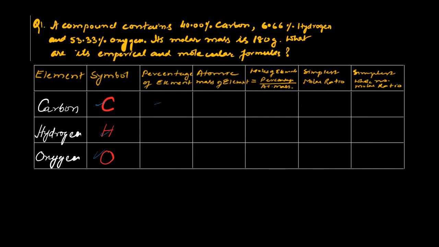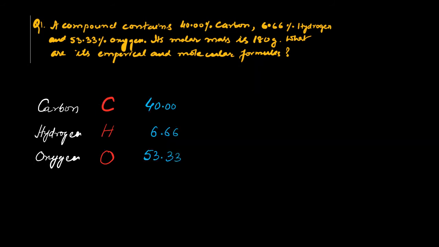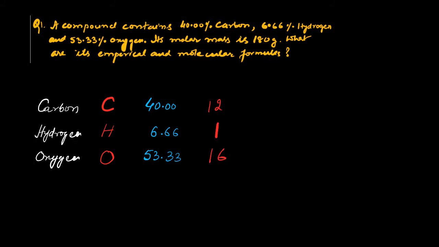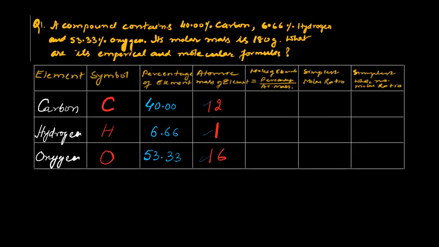Carbon is 40%, hydrogen is 6.66%, and oxygen is 53.33%. So after writing this, we'll write atomic mass. Carbon is 12, hydrogen 1, oxygen is 16, and thereafter we'll calculate moles of the elements,